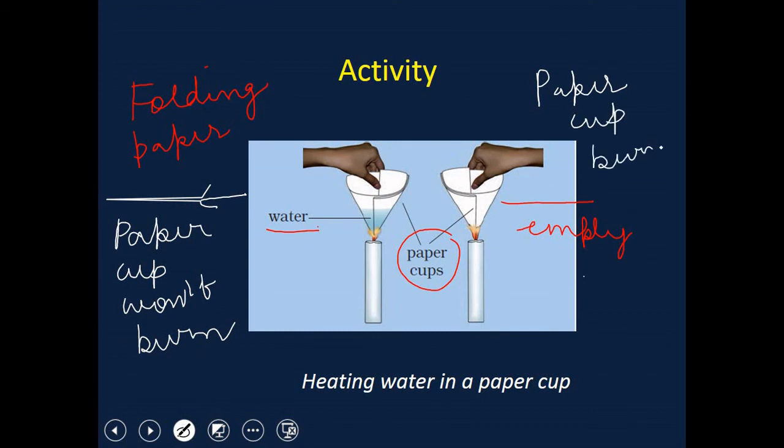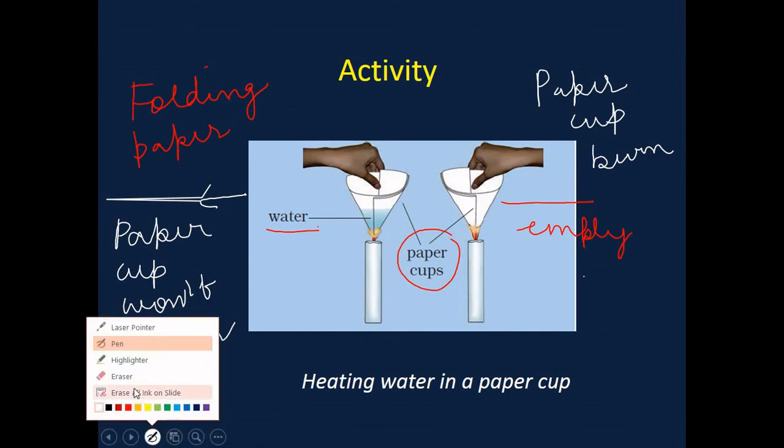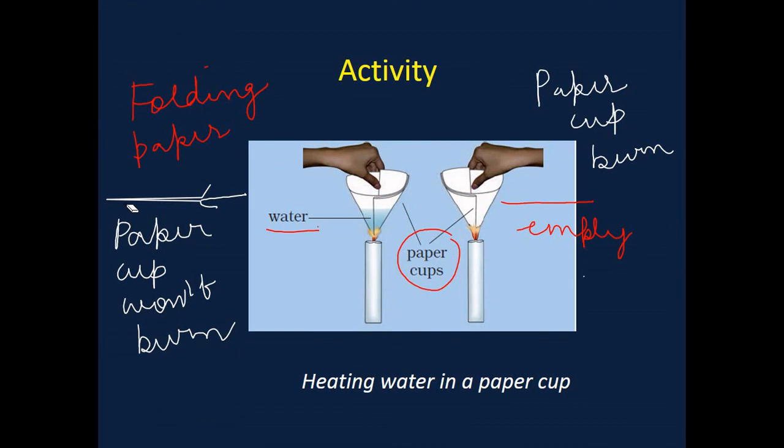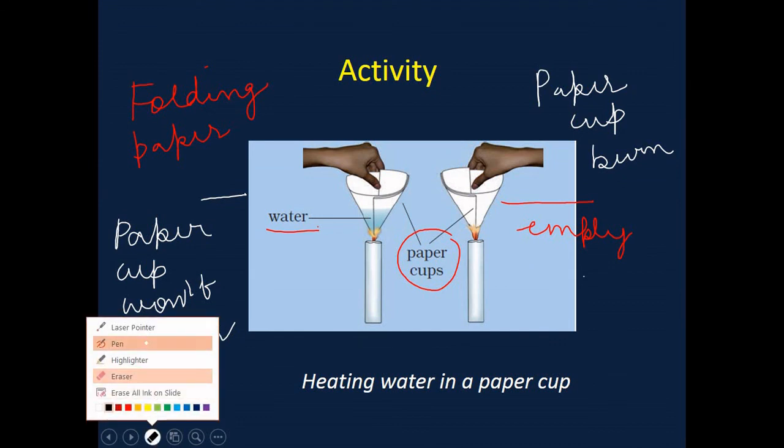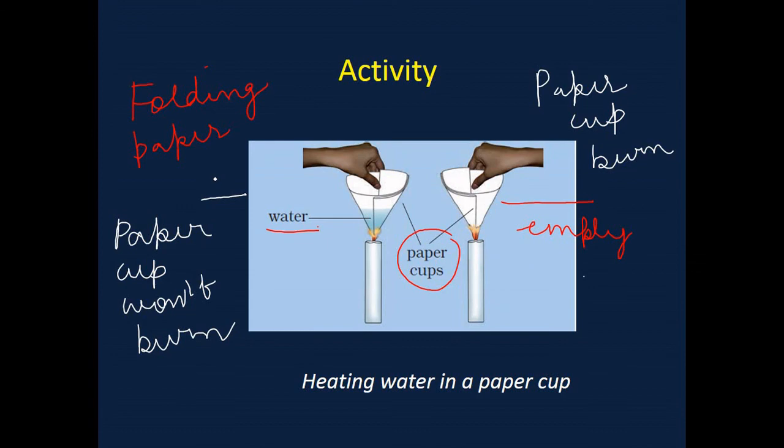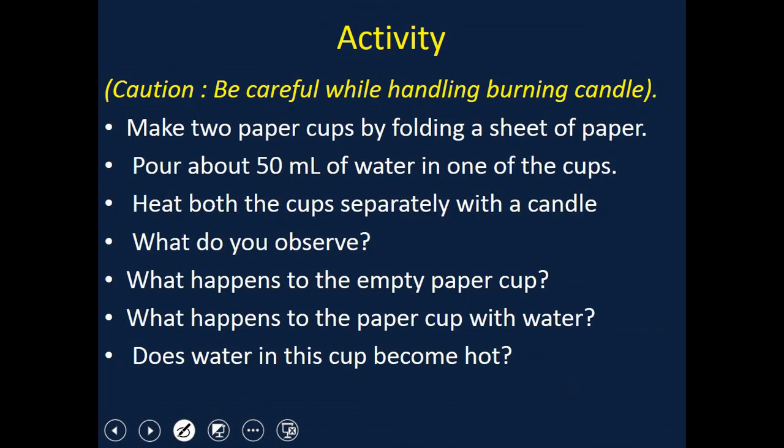Children, what we are studying is the third condition, which is very much required for the process of combustion. The third condition was ignition temperature or kindling temperature. So children, always remember that for a substance to burn, or to undergo the process of combustion, it is very much required that its ignition temperature or kindling temperature must be attained. The same activity which I have discussed is explained here in these two slides.